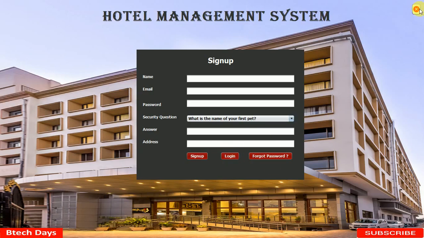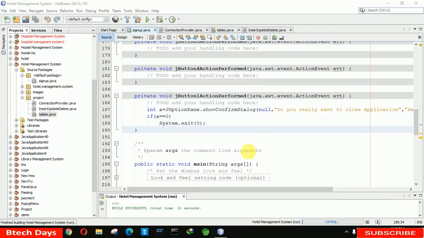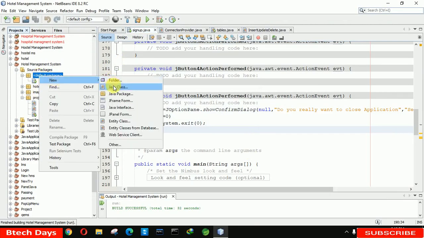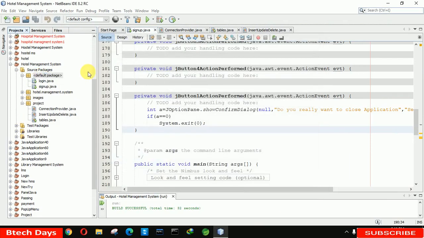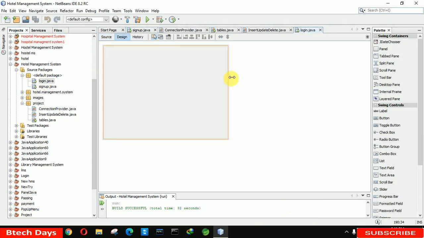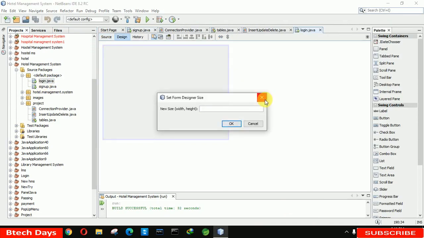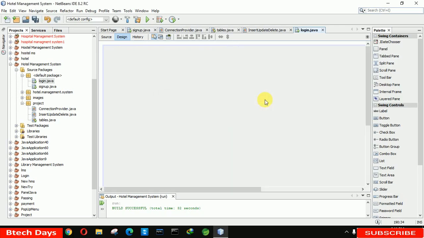So let us start. Let's close this application and first create a login page here. So new JFrame form, and we have to write login and click on finish. You can see the page has been created. And the first thing is we have to increase the size to 1366, 768. Okay. After that we have to move it a little bit to the center, and after that we have to insert